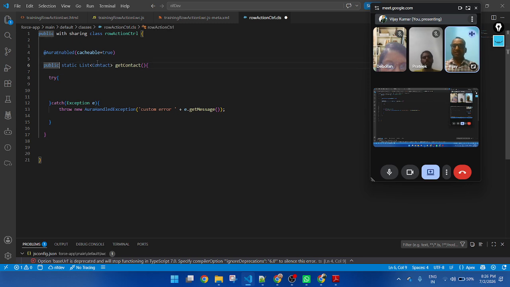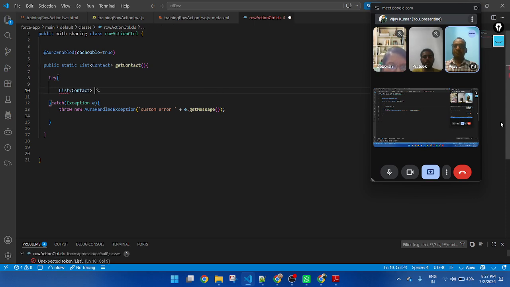So this is a returning data type, list of contact. conList equal to, write a SOQL query: select Id, FirstName, LastName, Email, Phone. For learning and demo purposes, here I am using only four fields.